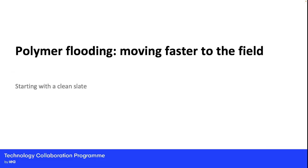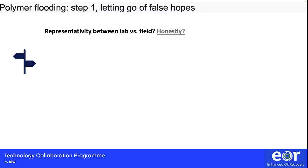So how to move faster to the field? A few slides, a couple of ideas, not much time, but I'll try to start with something which is, first, letting go of false hopes. What is the representativity between lab and the field? And when I ask this question, I mean it honestly, because heterogeneity is underestimated in the way we approach and assess